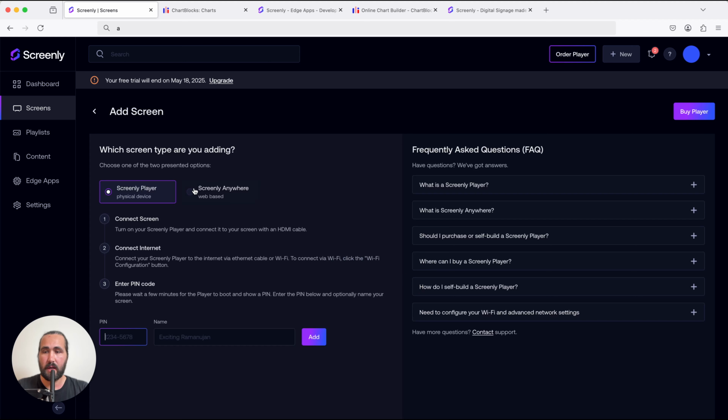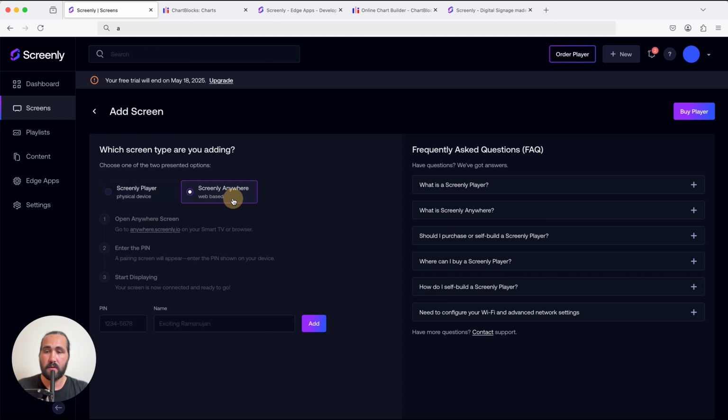You'll see a couple different options here. With Screenly, you can display a screen using a physical Screenly Player device or a Screenly Player Max device. But you can also display a screen on any existing hardware you have, whether that's a laptop or computer monitor or a smart TV, anything that can display a modern web browser. And so we're going to do that method today. So click Screenly Anywhere. And how that works is you go to